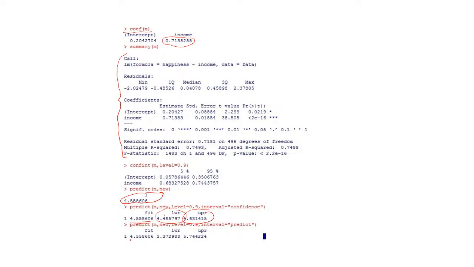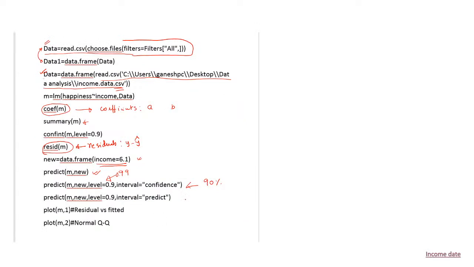Okay, and this command gives you the 90% prediction interval of a future observation when your income is 6.1. Okay, so again you can find confidence intervals and prediction intervals for different confidence levels, that is 0.99, 0.95, etc. Just change this level. Okay,